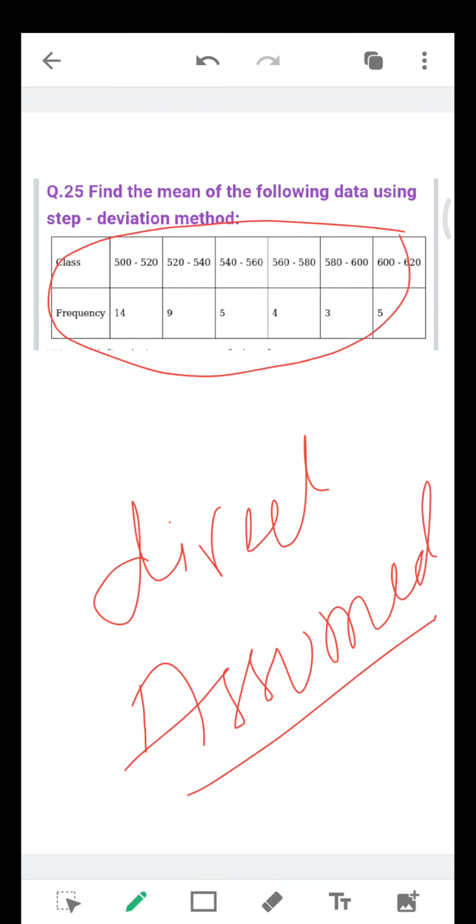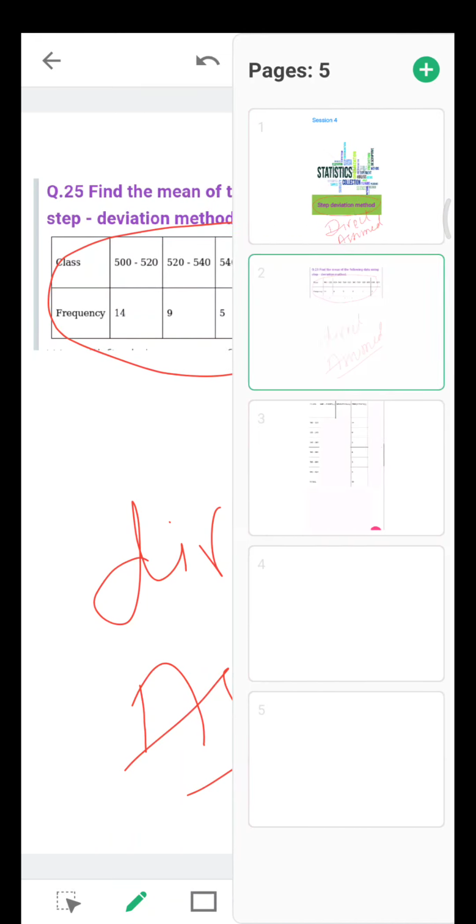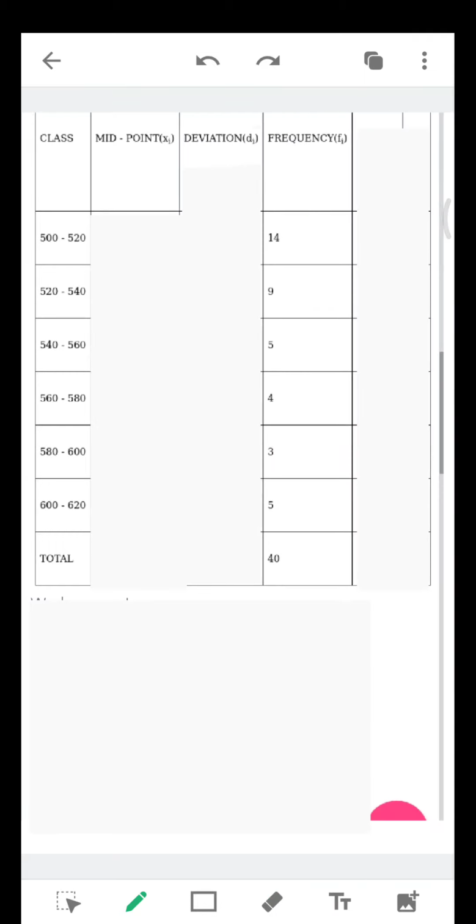and make it in the vertical form, as you can see here. I have taken the question, class and frequency I have taken in the fourth column, and there is no problem if you take frequency in the fourth column or in the second column. Columns don't matter at all. In the second column I have taken midpoints. So you already know how to find the midpoints